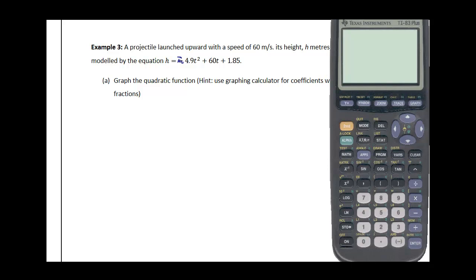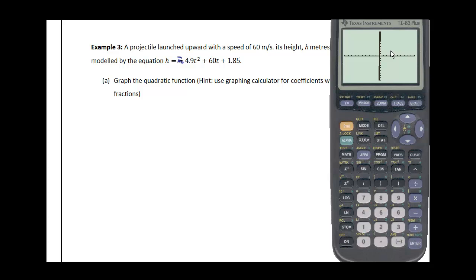I'm going to pull up our graphing calculator here, turn it on, and it's already in the y equals for me. Perfect. So let's insert our equation here. We have negative 4.9, and even though the variable here is t and h, in the calculator it only uses x and y, so we're going to use x squared, but it'll be the same, plus 60x, and then plus 1.85. Now to look at it, we go over to the graph, and we can't really see it, can we? We can see that it got a little darker in the middle, so our graph is there, but